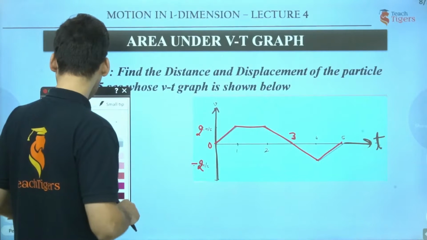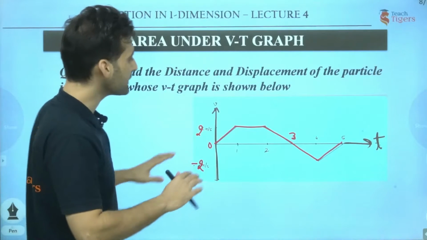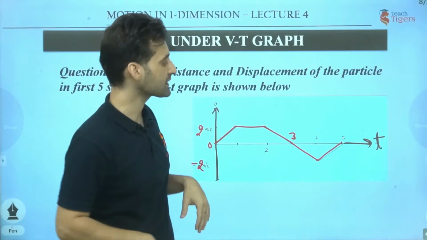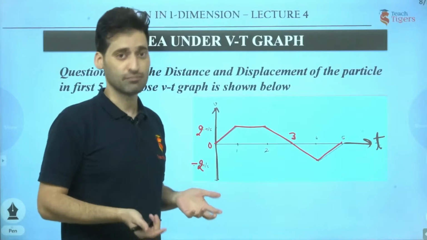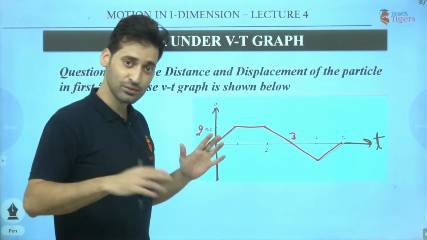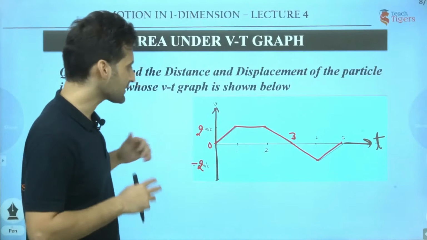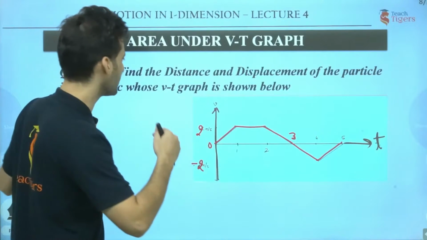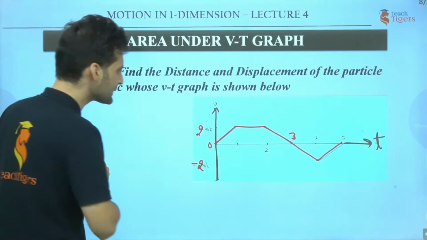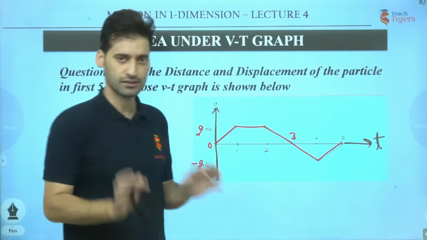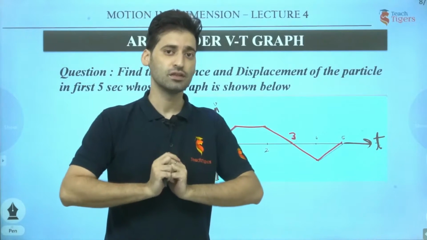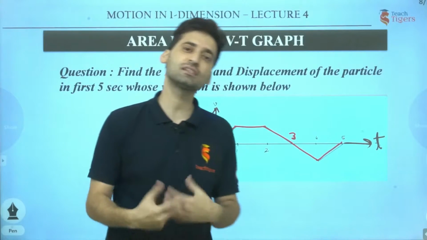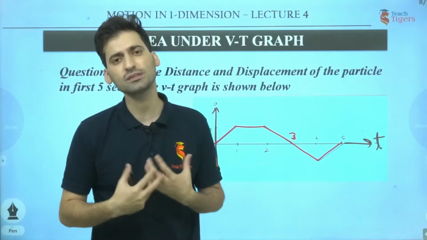Now, is there any physical significance for that? If the area is above the time axis, does that mean something different? And if the area is below the time axis, does that mean something different? It might be, yes. For that, let us try to interpret the situation over here. Let's say I want to interpret this motion in one dimension only. So what can I understand? Initially, in the first 3 seconds, velocity is positive. What does positive velocity mean here? Because velocity is a vector quantity and I am saying velocity is positive, can I assume it is moving toward the positive direction?